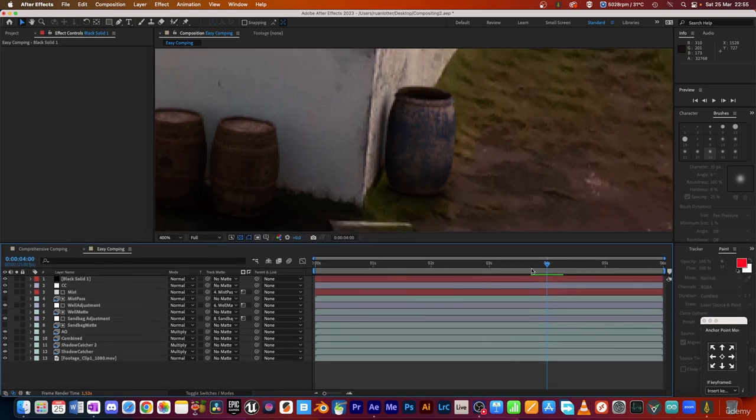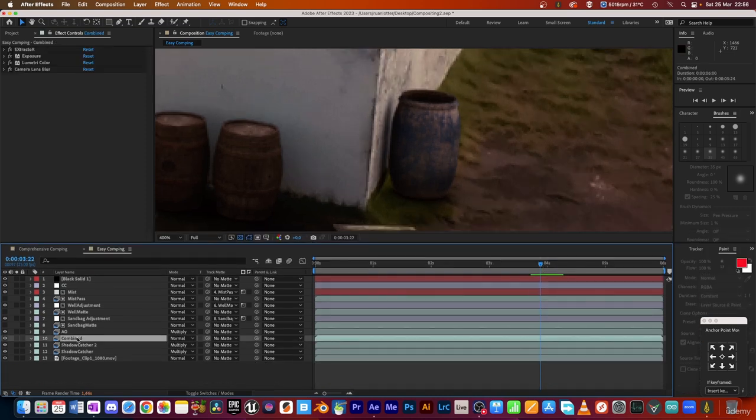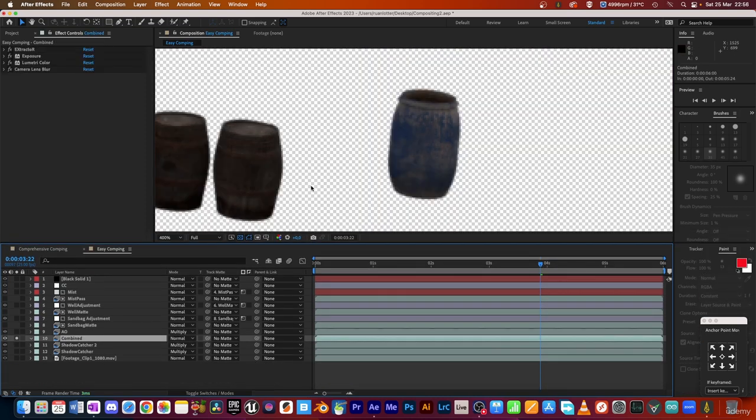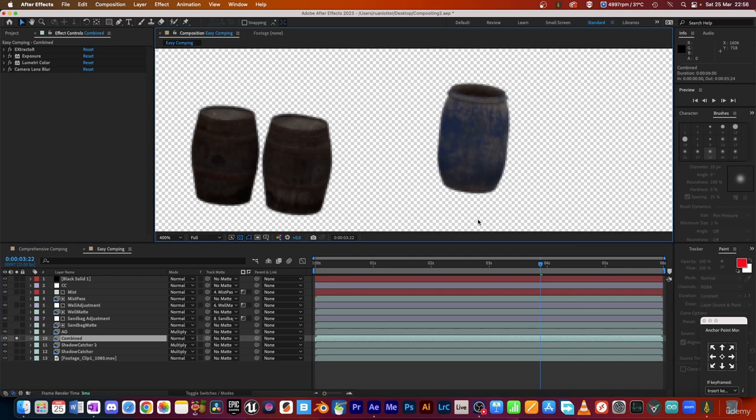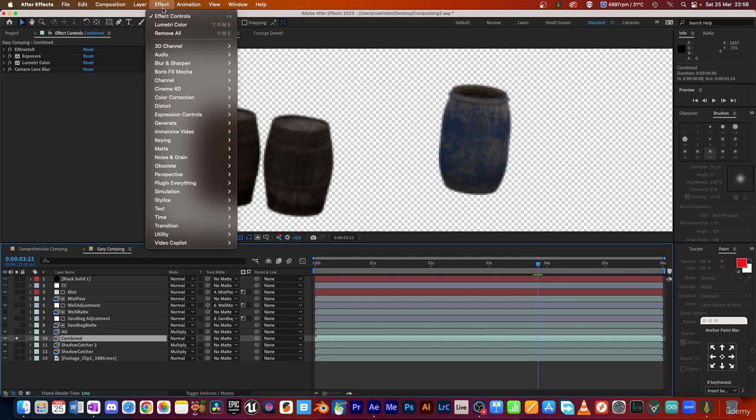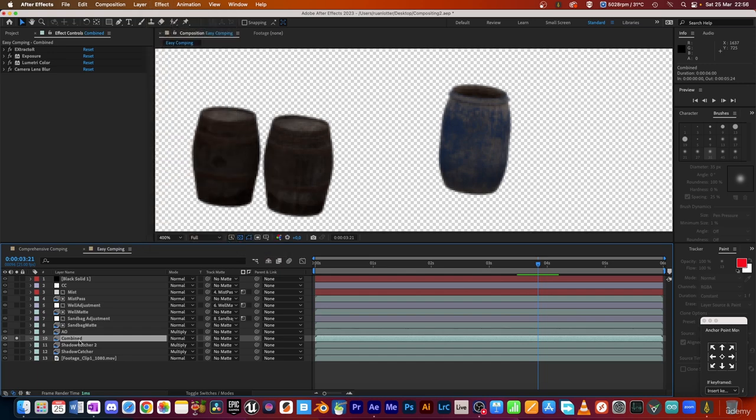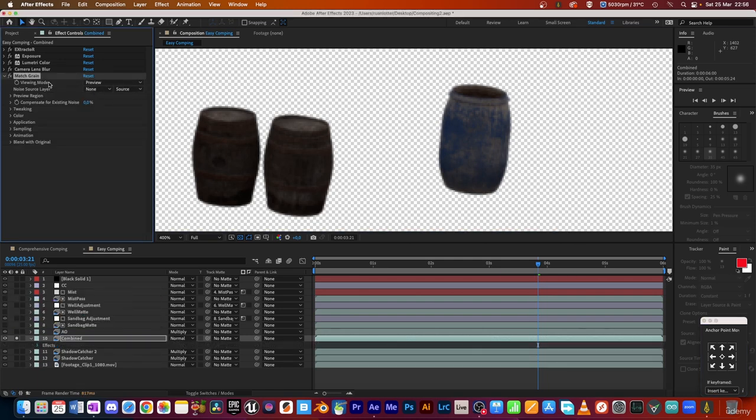Now there's a few different ways you can do this. So on the combined layer, if I just solo that, this is where we can add our noise. So what we can do is we can add an effect. It's called match noise. Let me just see where we find this. Here we go. So it's called match grain under the noise and grain. So I'm just going to add it using FX console. So simply type match grain, and now we can say what layer it's going to reference to get the noise